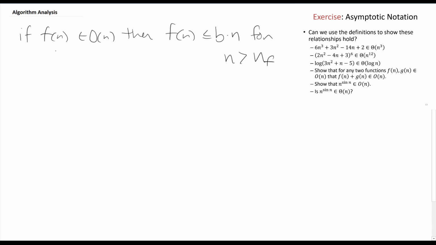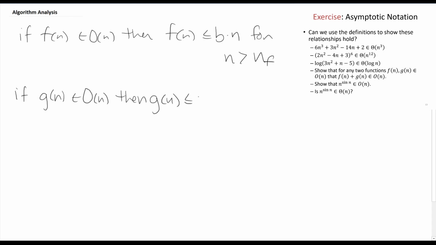So that's what we learn from the definition of what f of n being in big O of n is. We know that. We can apply that rule and we can say the same thing will be true, that if g of n is in big O of n, then g of n is less than or equal to,